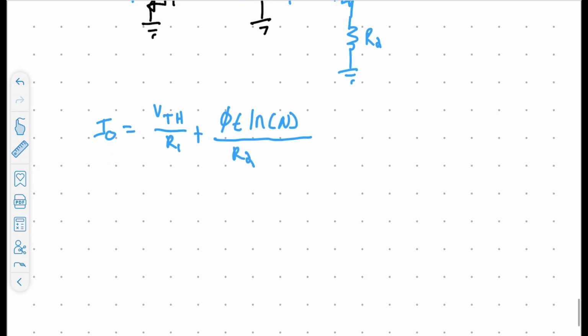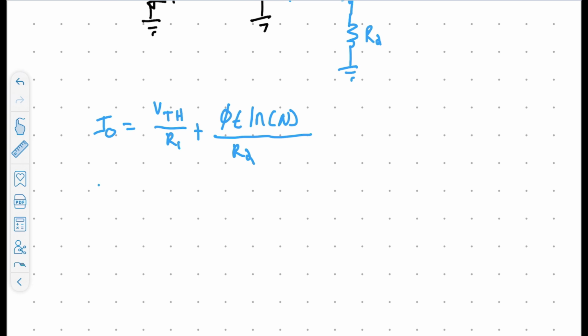And to take this a step further, if we take the partial derivative with respect to temperature of I0 and then set that equal to 0 to optimize for a flat temperature coefficient, if this is 0, then that's typically called ZTC, zero temperature coefficient. This would be equal to 1 over R1